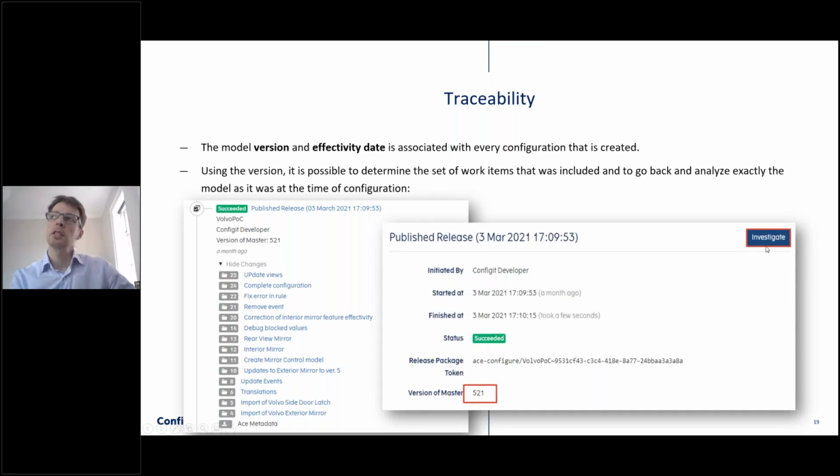And what that does is that it will take the whole system back to that particular version. And it will bring the modeling environment to a state that was exactly the state it was in when this data was being released. And now you can start investigating what caused the error. You can find out what the rules were, you can debug them, analyze them, and find out, oops, this was the error. And then if you found out there was a problem in the rule, you can change that rule and bring that change forward in time